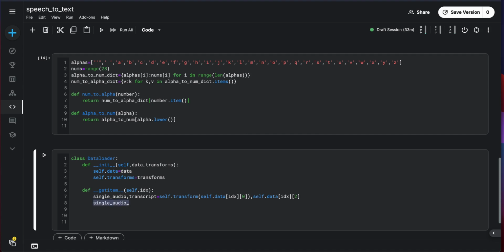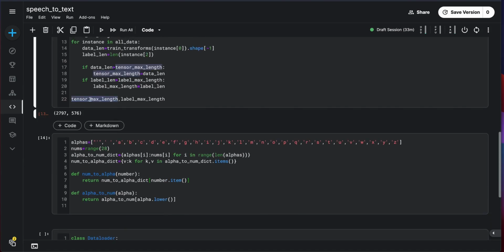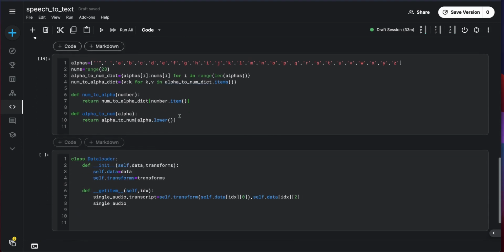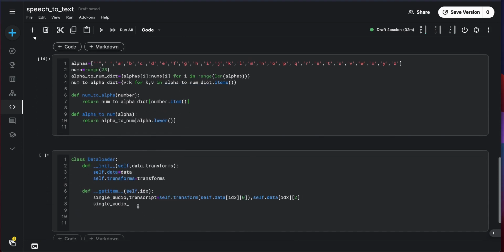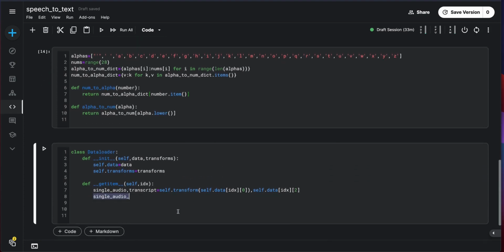So now the thing is, we have two different lengths: tensor max length and label max length. We'll pad the training data, train x, into tensor max length and the labels into label max length. For this we'll use torch.nn.functional, which we have already imported. So f.pad, single audio,